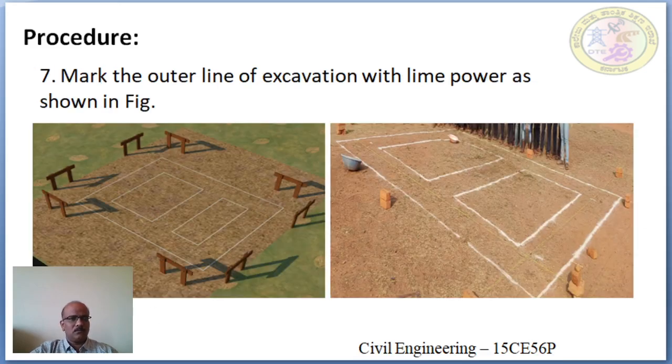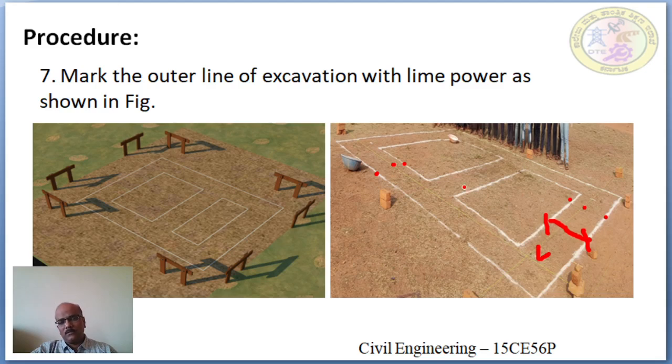The image shows the layout of the simple two-room building, and here in the ground we have conducted this experiment. These are the grid lines, and the outer excavation lines for the walls are marked by measuring 0.5 meter on either side of the center line from the grid line, this center grid line.